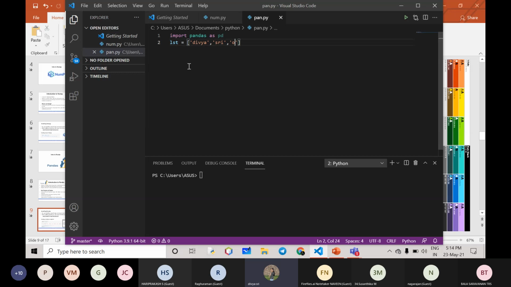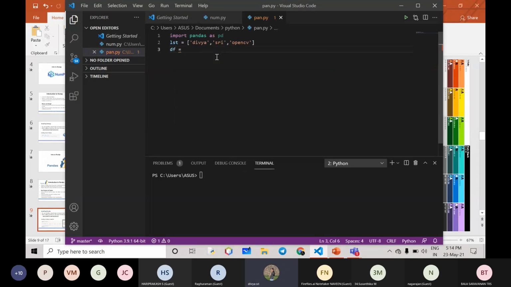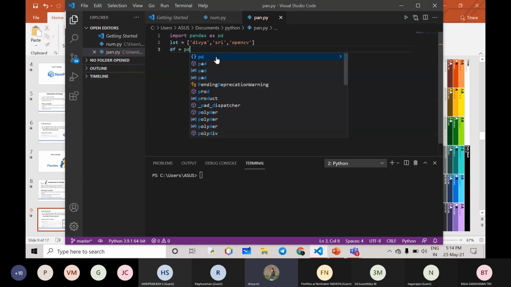Just give 3 items in the list. Now we are going to change this list into a data frame format. df is equal to, df is short form for data frame, and it's a variable name also. So with pd we are calling the pandas function. pd dot, there is a function called DataFrame.